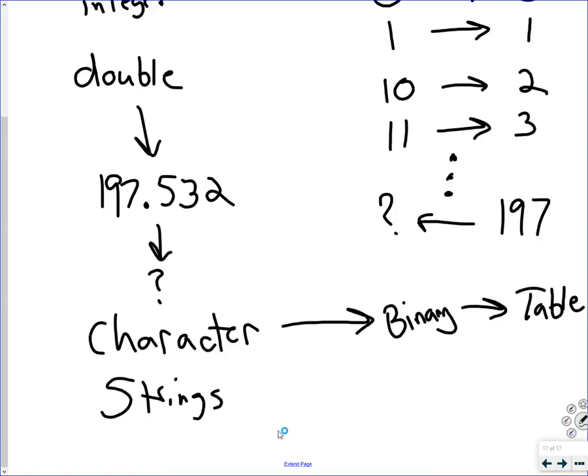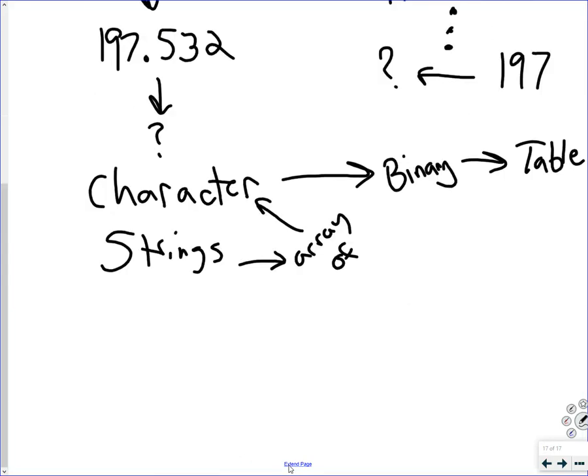How do we do strings? Yeah, it's just an array of this, which is binary from a table. Okay, so now it's all starting to come together. And that's our basic data types: Boolean, integer, double, character, string. And string we know is already a little more complex. String you actually already know in Java, not necessarily in C#, but in Java, is actually a class.